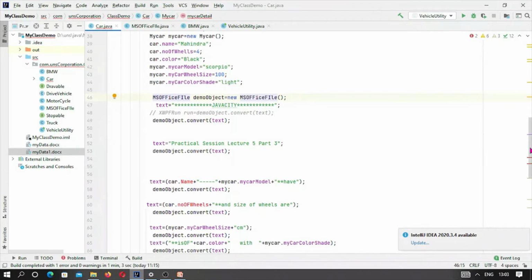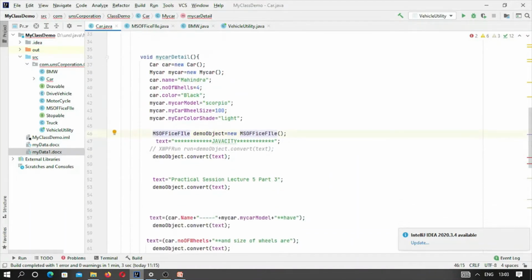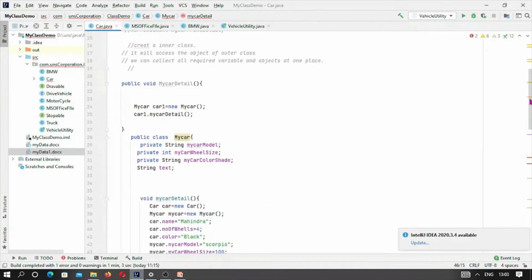Now you can see this is the inner class MyCar, and this is an inner class method, and here we have called the outer class fields, inner class fields, and this is the outer class object. All things we have called here. Now I have created, outside, a string text.